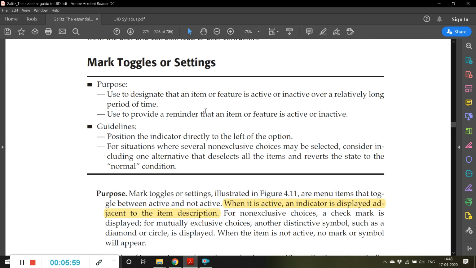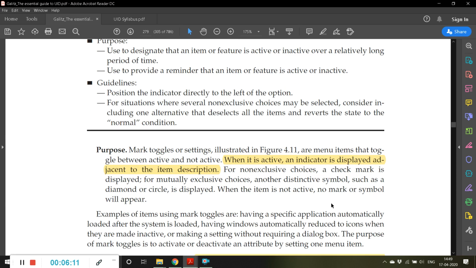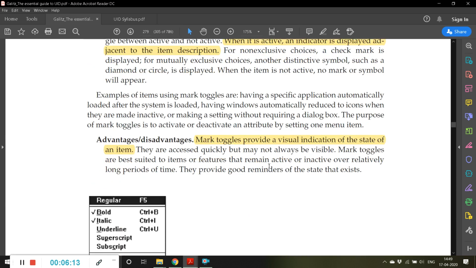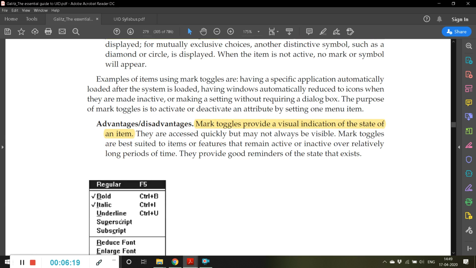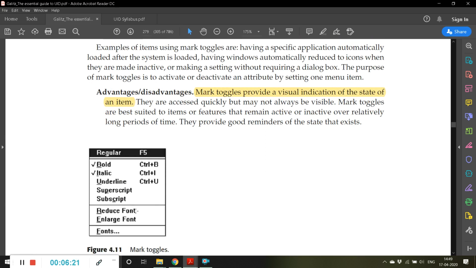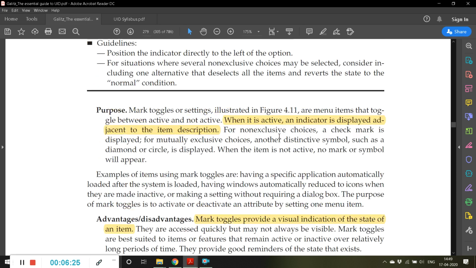Used to designate that an item or a feature is active or inactive over a relatively long period of time. Used to provide a reminder that an item or feature is active or inactive. So this check symbol indicates that bold and italic are active, and the many other options are not used in recent time.